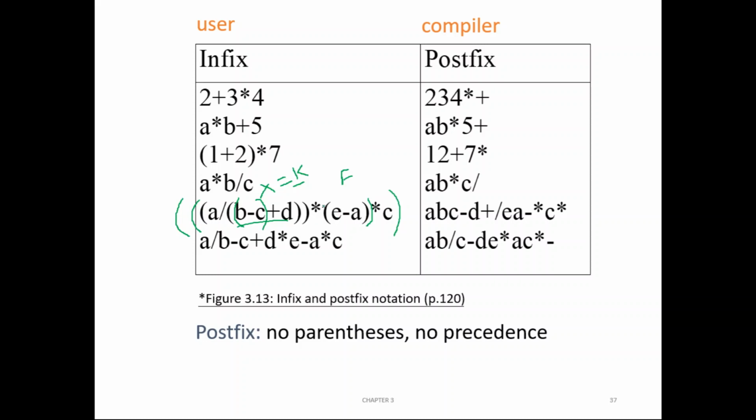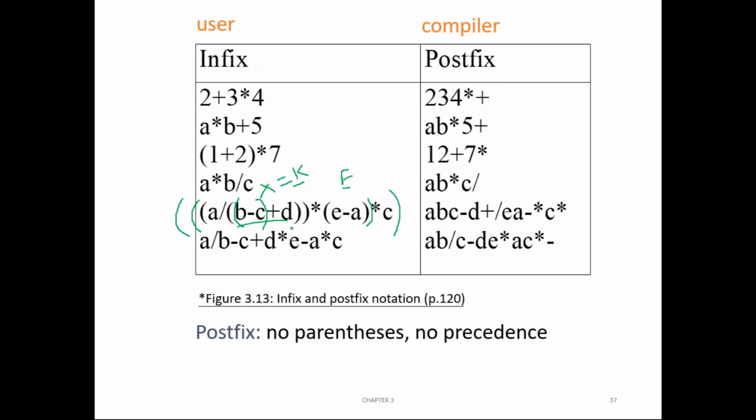The next bracket should be completed, which is E minus A. Okay, now you got f. Now you have k star f star C. So there is a question of how it should execute. First, should it calculate f star C, or first calculate k star f? Again the rule is left to right. So first it should do k star f, so we add this bracket and this bracket.